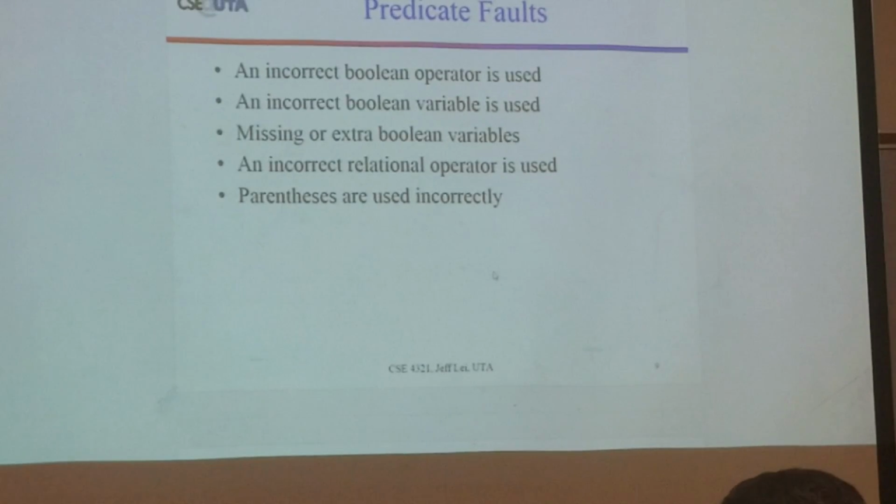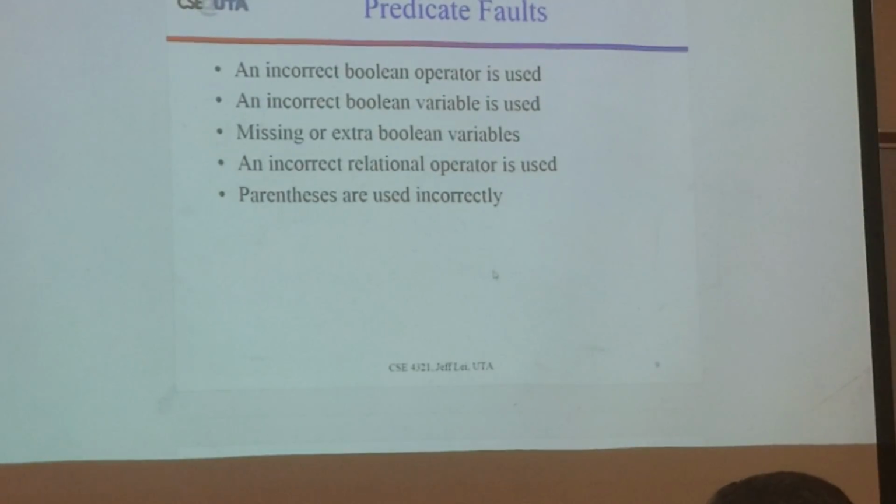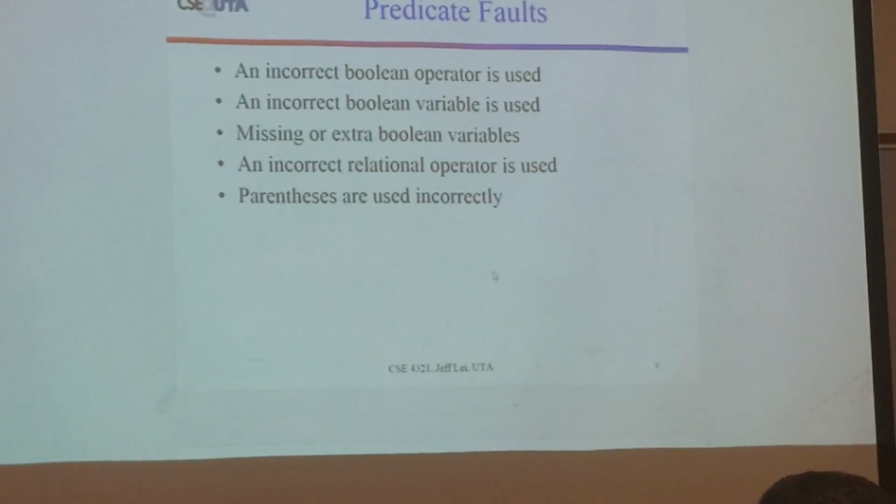Some examples of potential bugs that you could hide in a predicate or in a conditional expression. You use the incorrect Boolean operator: you're supposed to use conjunction, and you put a disjunction by mistake. That's one example of a bug. Or an incorrect Boolean variable: you're supposed to use x, but you put y over there. That could be, for example, because you had a misunderstanding